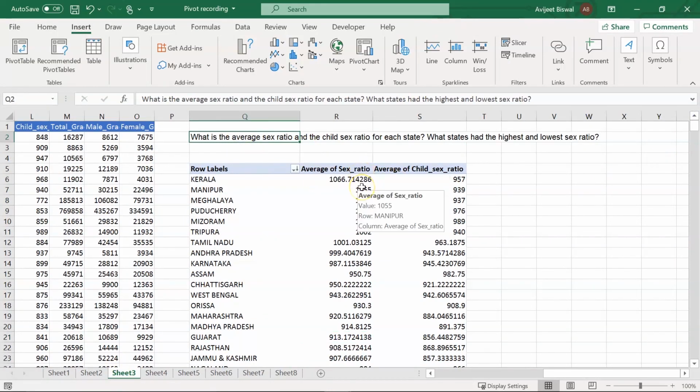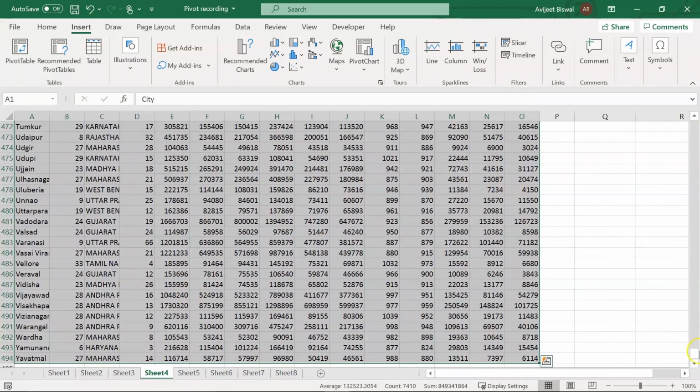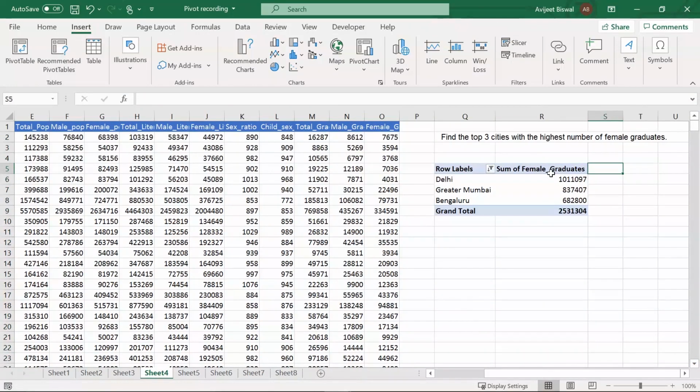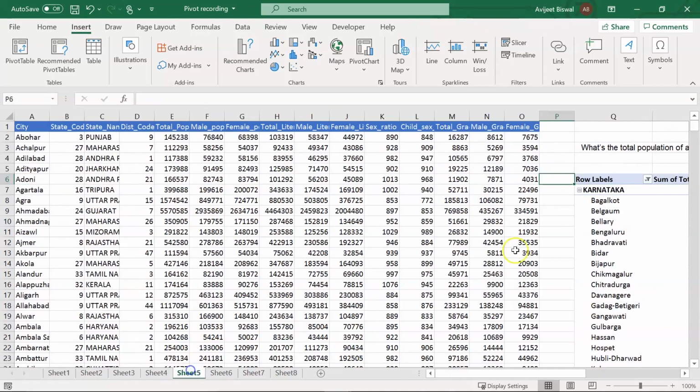So here we calculated the average sex ratio and the child sex ratio for each state and found out which one had the highest and lowest sex ratio. After that, we saw how you could find or filter tables. We saw how to find the top 3 cities with the highest number of female graduates. We found out that Delhi, Greater Mumbai and Bangalore were the top cities with the highest number of female graduates.